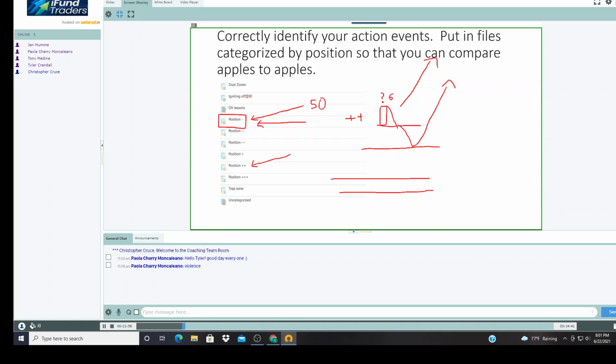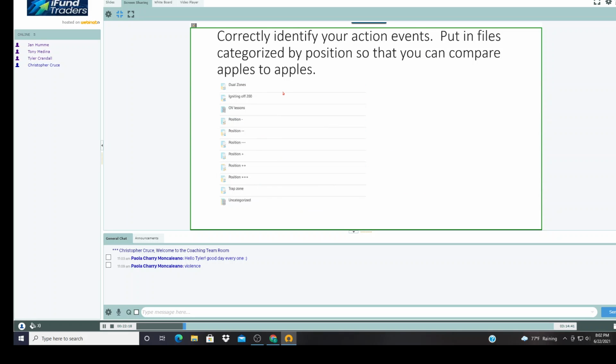And if you have, but you need to take the time to fill up these folders, right? How long is that going to take, right? Might take 6 months. That's why a number of you have been here for a number of months, right? You're trying to fill up these folders, and I've given you suggestions. These are ones that I use, right? Dual zones, igniting off the 200. I have a folder for lessons that Oliver's made, all this kind of stuff, trap zone plays, plays that I haven't gone through and categorized yet, right?